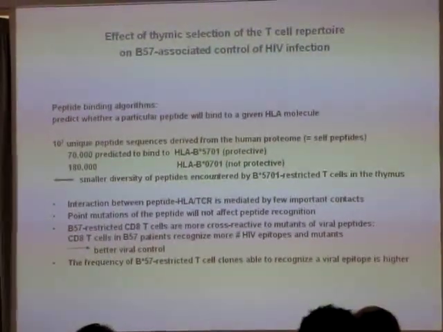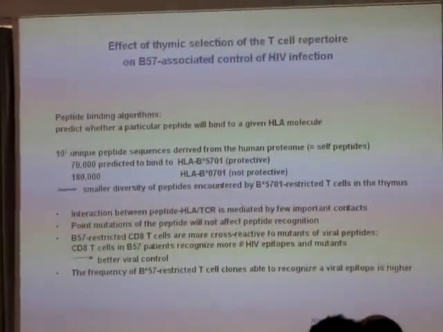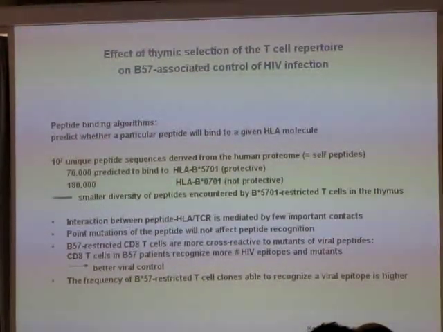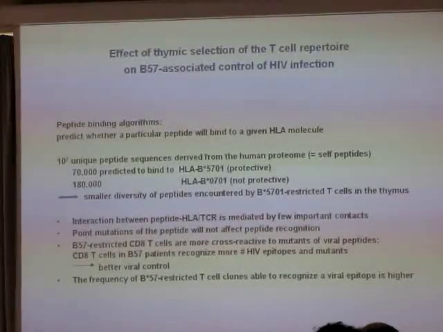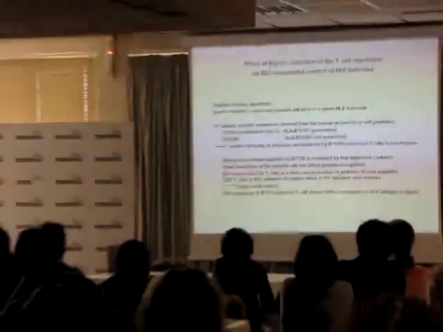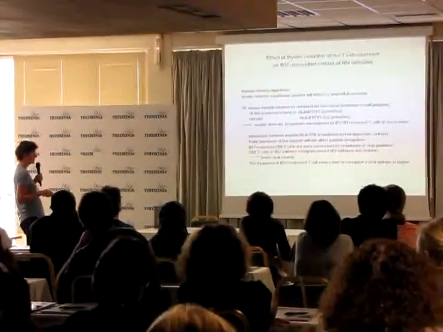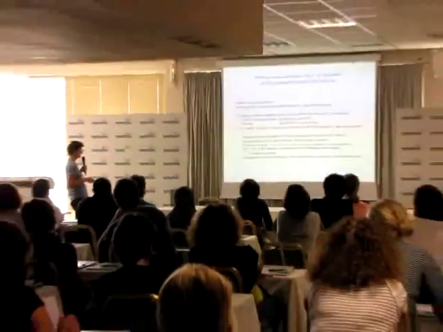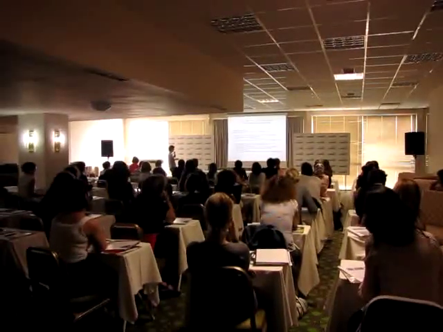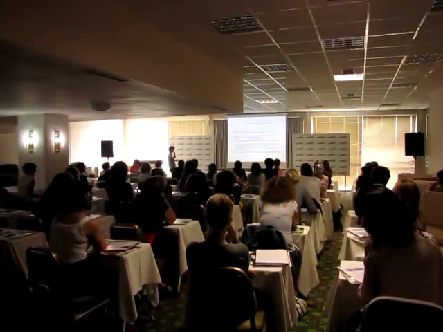This is rather counterintuitive at first view, but in fact they deduced and they made in vitro experiments to show that these B57 restricted CD8 T cells, although they have been selected against a smaller number of peptides in the thymus,